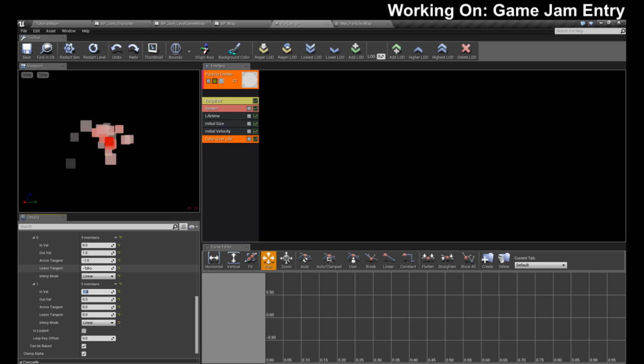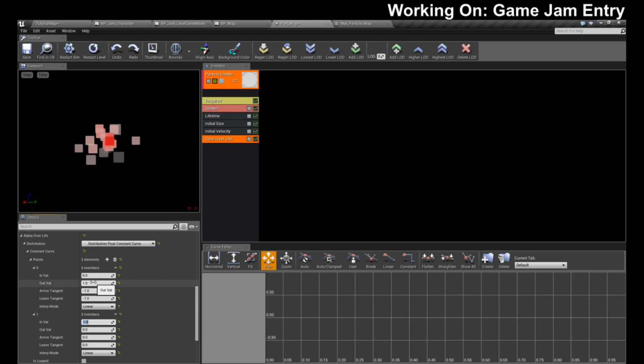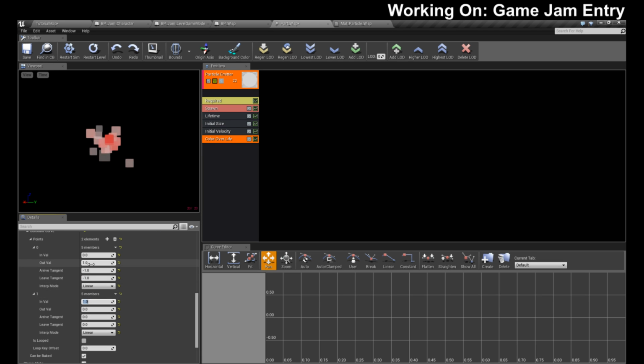Probably because these are not the right points. Okay, no. At nothing, I want 1. At 1, I want nothing. This should make it solid, right? Yeah, okay. So if we drive this to 0.6, 60%, and then it fades out. Okay. Yeah, I'm remembering this now.